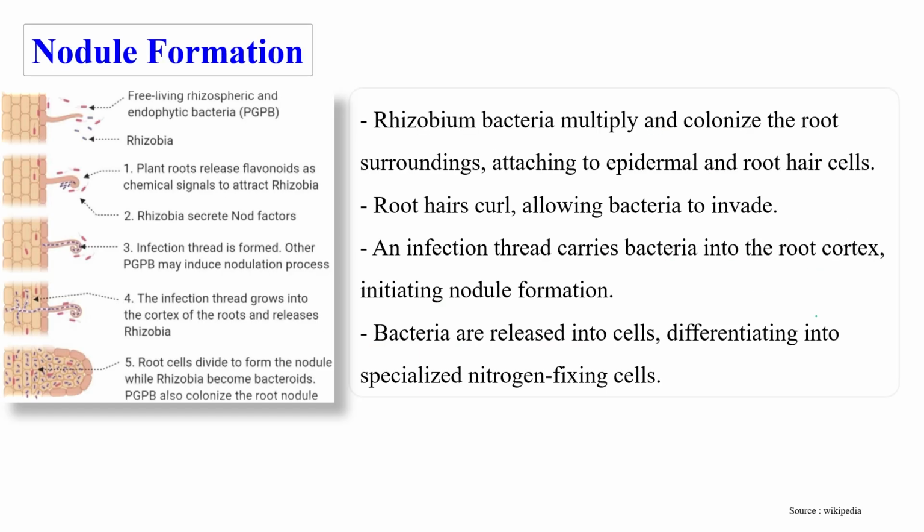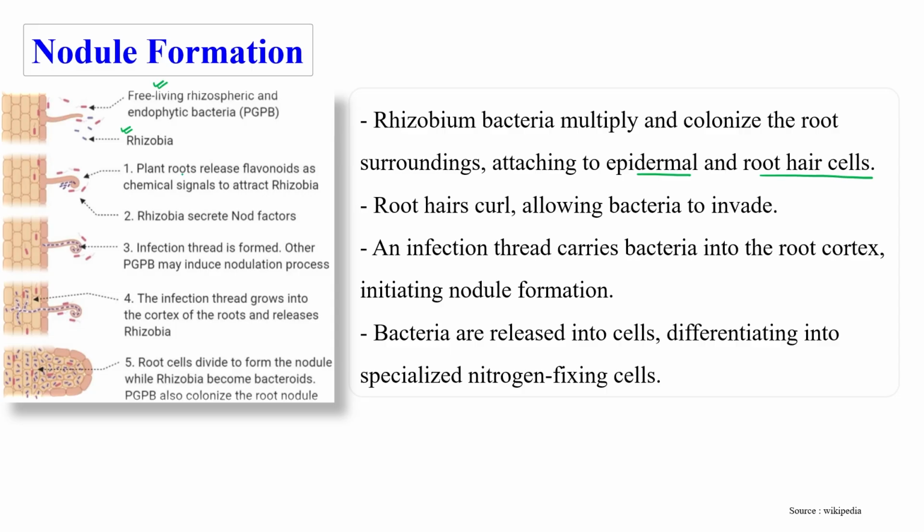Now, let's discuss how these nodules form. The Rhizobium bacteria continuously multiply and colonize near the root, attaching to the epidermis and root hairs of the cell. As you can see over here, this is the free living Rhizobium. These are the rhizobia, which continuously multiply, form colonies and attach to the